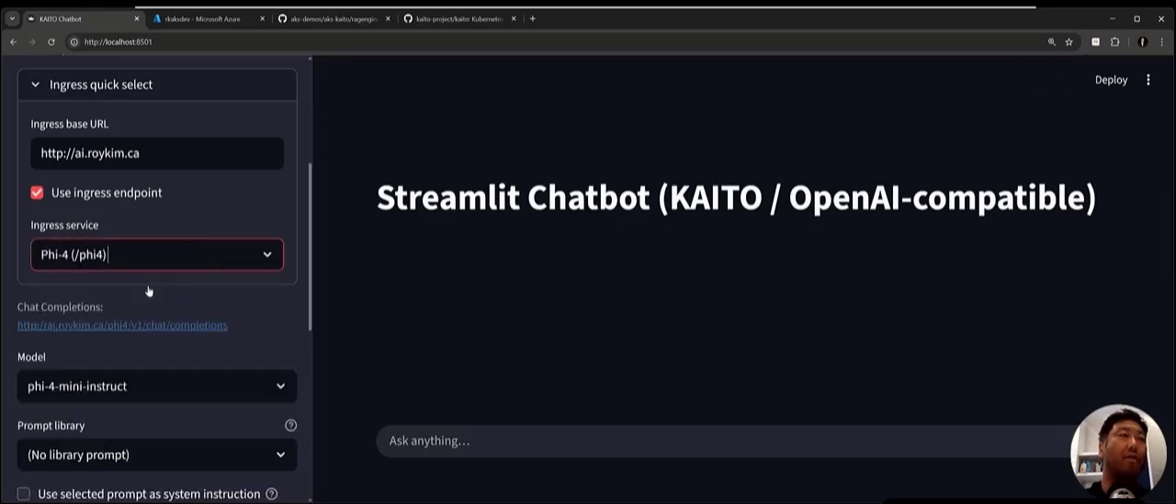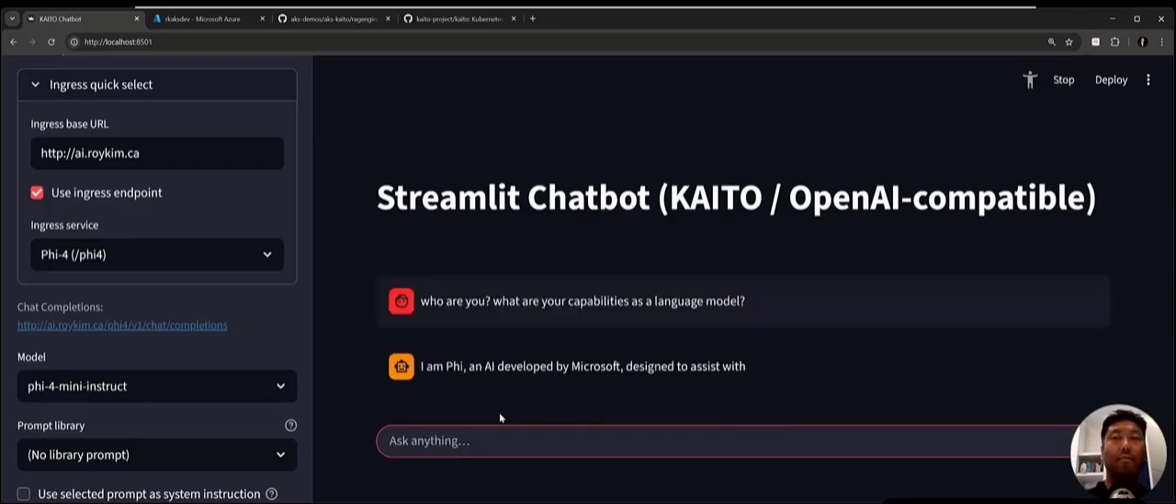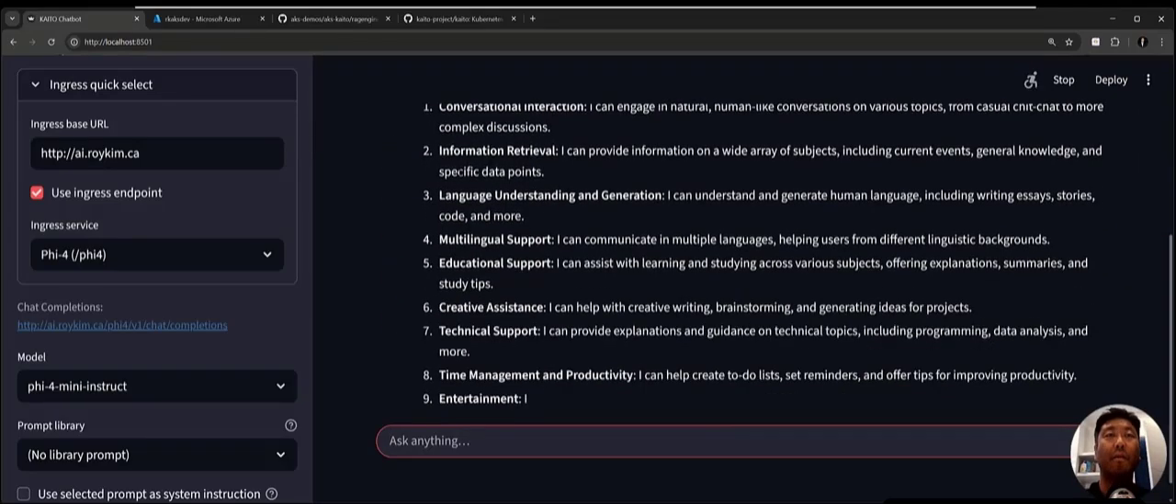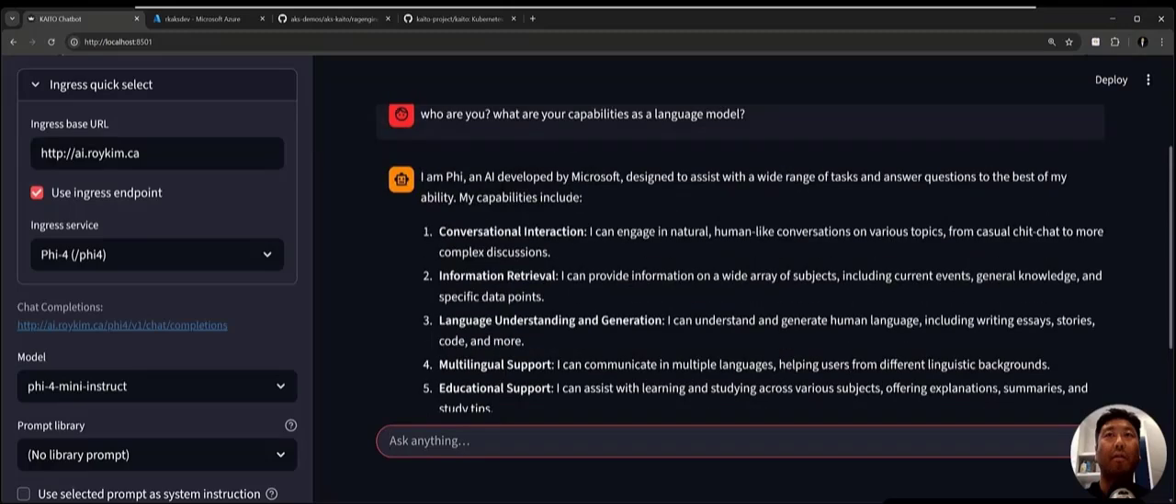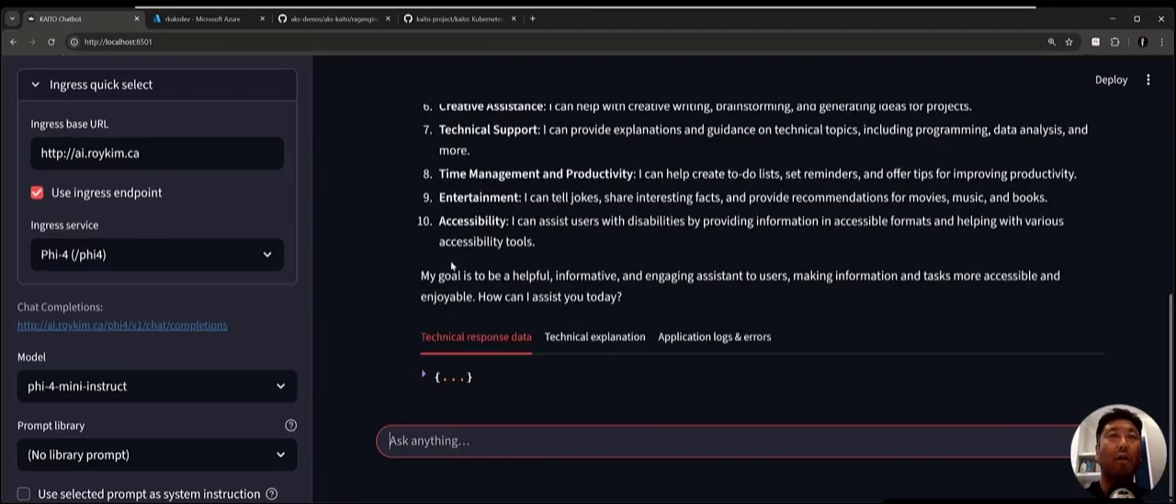Let's just start off with this, right? So with the Phi-4 model, it's just an open source language model. Let's prompt it: who are you? What are your capabilities as a language model? Right, so it says here, I am Phi, developed by Microsoft, and assists with a wide range of tasks, conversational interaction, information retrieval, etc. And so this language model has some knowledge that it was trained upon, but then we're going to ingest added knowledge